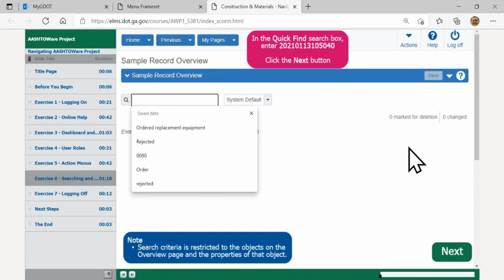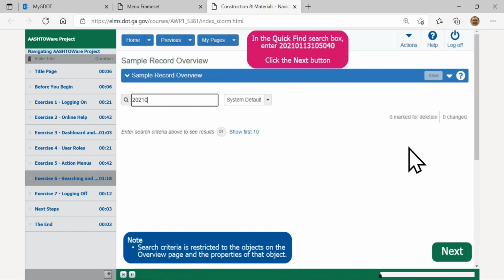Let me go and find 2021 01 13 10 5040. So once that's typed in, you'll see that to the right it shows you the system default.